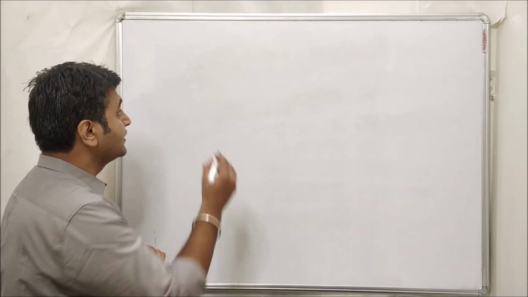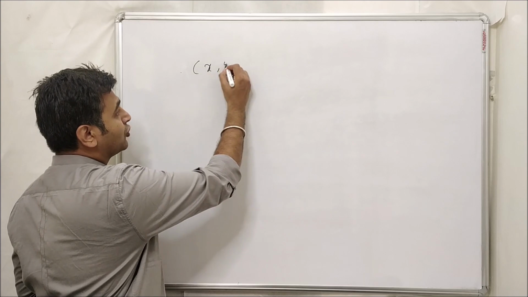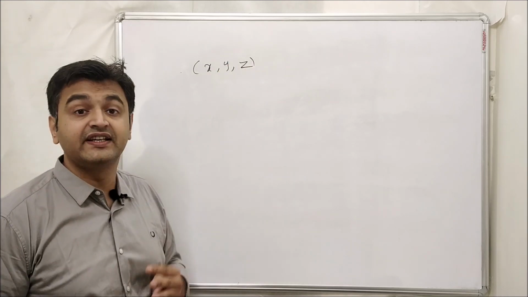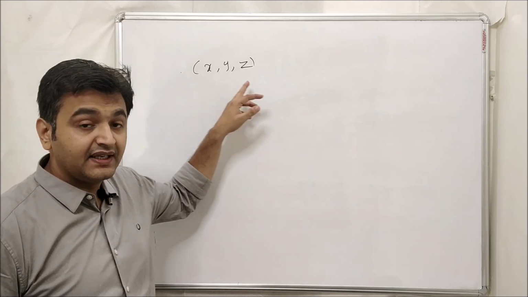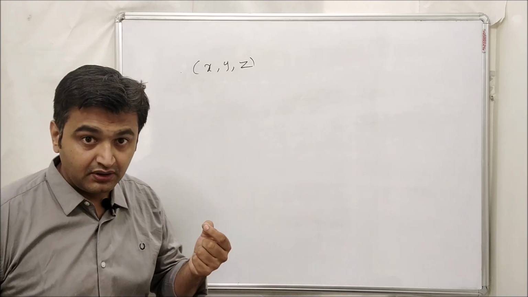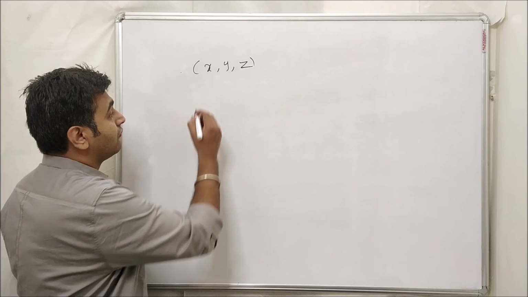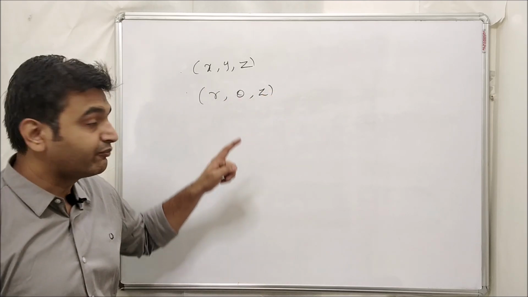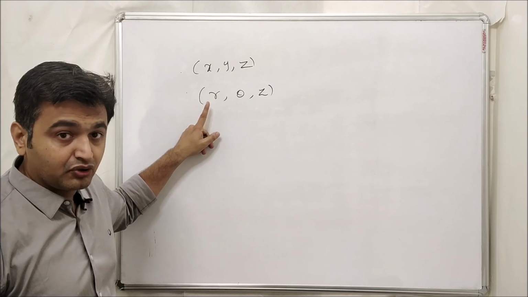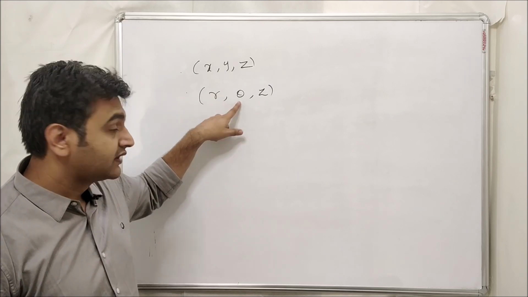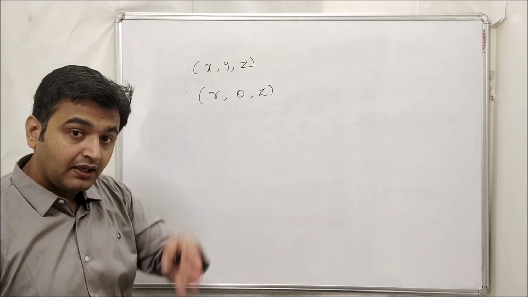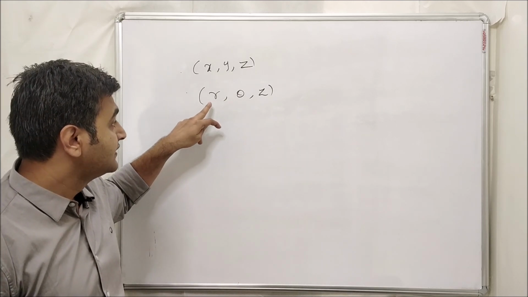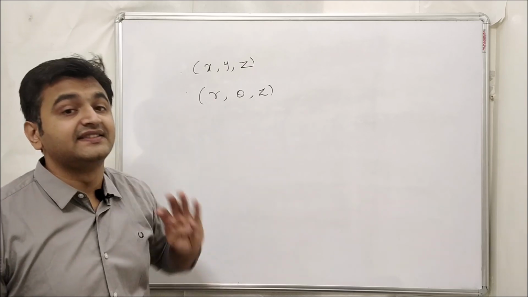In the Cartesian coordinate system, what you had was x comma y comma z. What is this point? This point is the intersection of three planes: x plane, y plane and z plane. So you get a point. This was for the Cartesian. What was it for the cylindrical? It was r, theta and z. This point is the intersection of a cylinder, because r gives you the cylinder, theta is the angular plane, and your z plane. So this point is the intersection of a cylinder, an angular plane and the z plane.